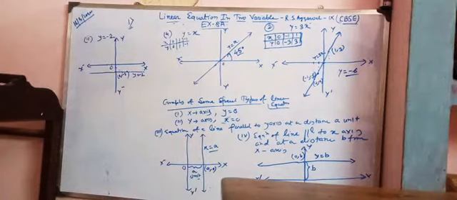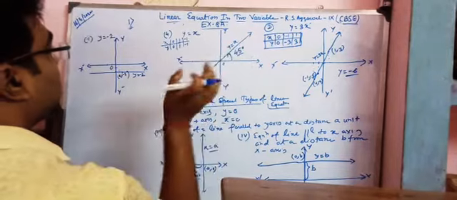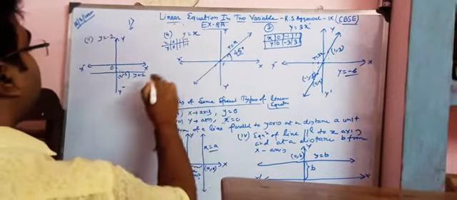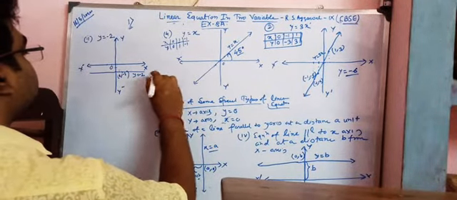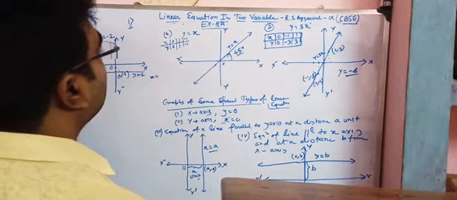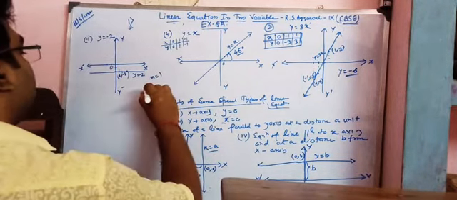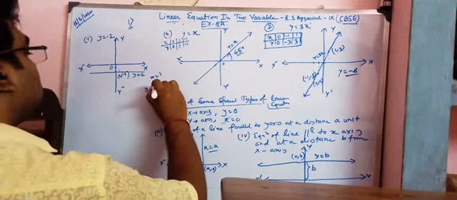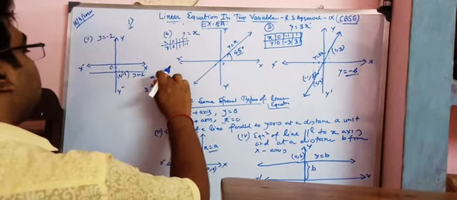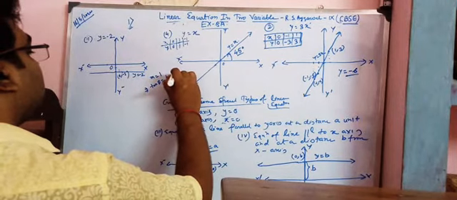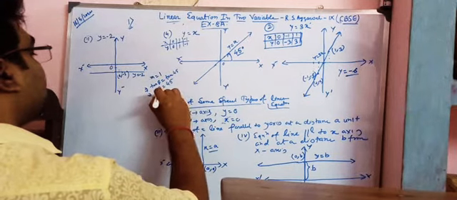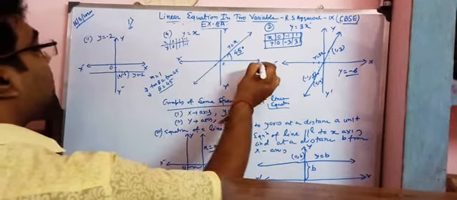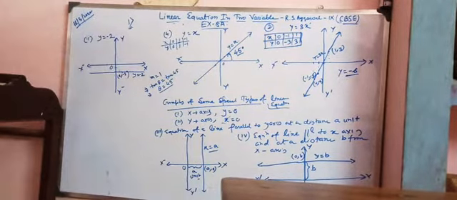If we compute that, though it is not in your syllabus, I will show you the computation. Suppose we have y is equal to x. That means my m is equal to 1, and we know that m is equal to tan theta. Now the value of tan 45 degrees is 1. So from here we get theta is equal to 45 degrees. Means the angle this straight line should make with the positive x-axis is 45 degrees. Clear?